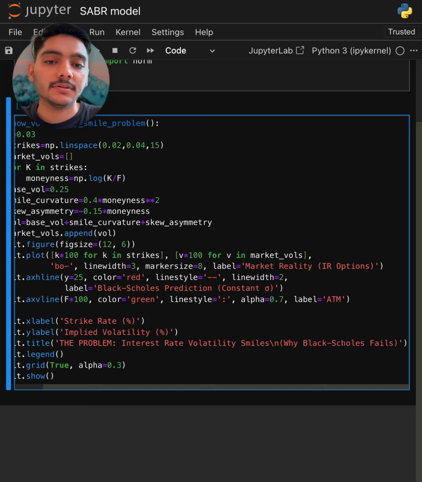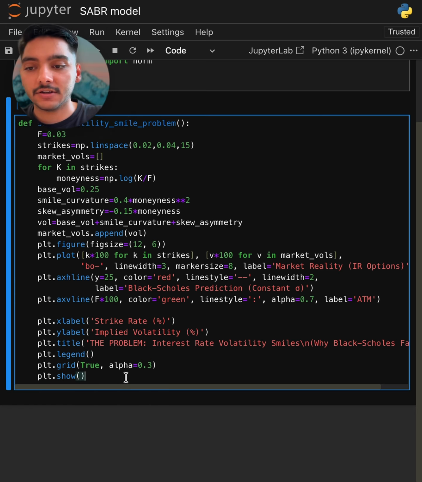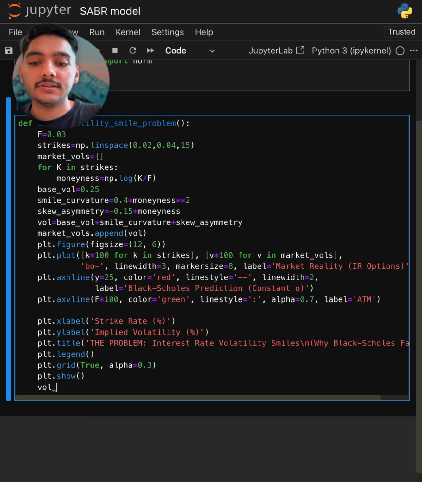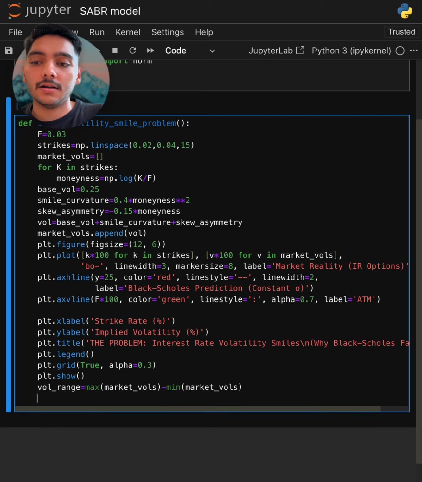So in the next step, let's quantify the problem. It will calculate the smile width and skew magnitude, so the numbers make the problem concrete. So let's see, the volatility range is equal to the max of market volatilities minus the minimum of market volatilities, and the in the money volatility is equal to